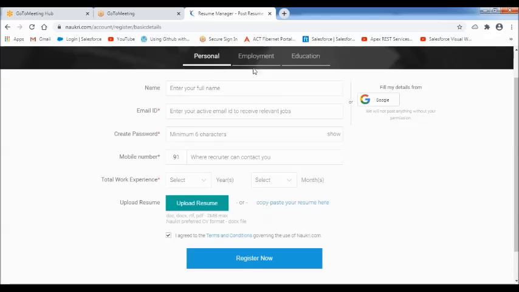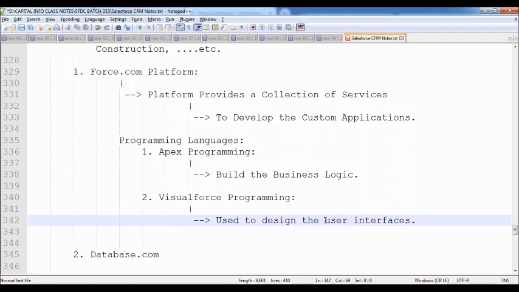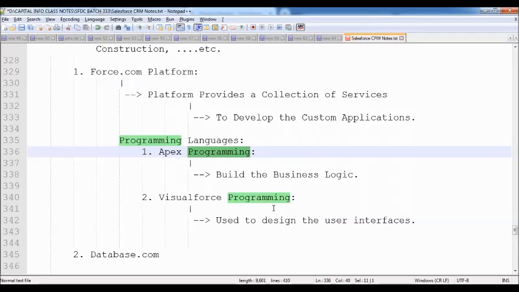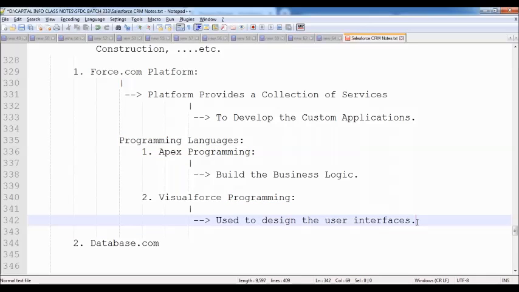Personal information, employment information, education. To enter all this data, we need some user interfaces, some screens. Those screens we can design by using Visualforce programming. So Visualforce programming is for the user interface design. Apex programming is for business logic. Now, in this case, you can raise the question.